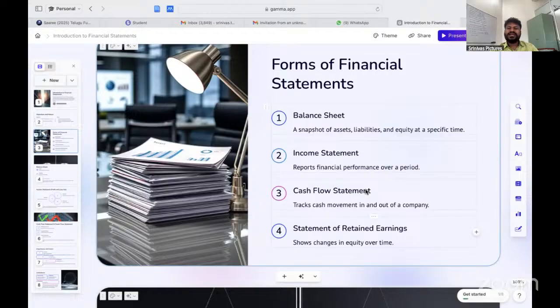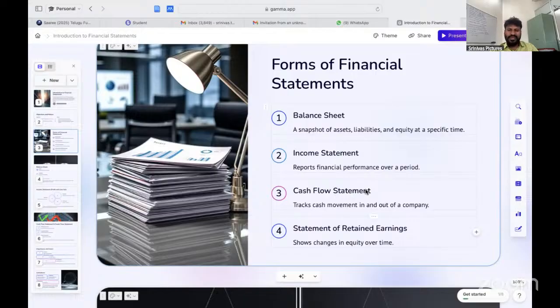And next one is the funds flow statement. The funds flow statement talks about the movement of funds. Generally, this funds flow statement is broader in sense. It will show the changes in the position of the company. So in the cash flow statement, we are talking only about the movement of cash. But in the funds flow statement, we talk about the entire movement of the current assets and non-current assets.